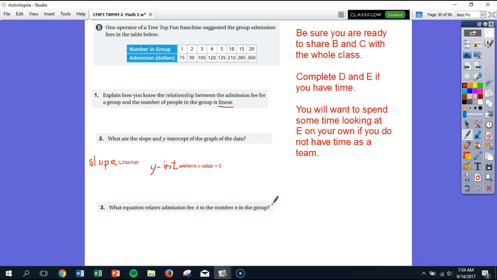So practice on linear functions, writing equations, finding our patterns from verbal and tabular data. Good practice here. Get through it today and then go ahead and start on your